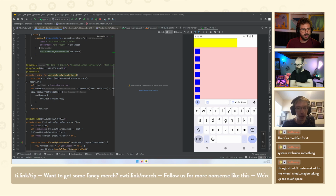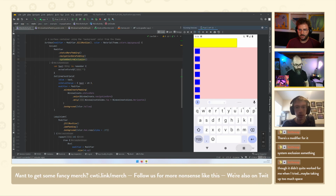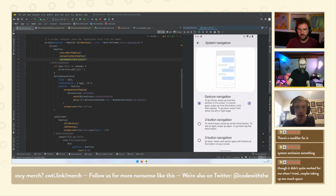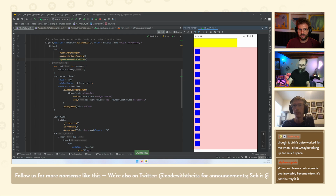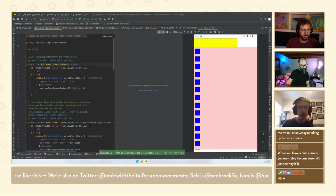Okay, so it requires R, so that might be something to consider. But if I go back to gesture navigation, and now that I have applied this to the entire column, theoretically, I should not be able to... come on. It was lagging like crazy. So now, theoretically, I shouldn't be able to go back, but I am. I don't know if it's because it's applying it to...